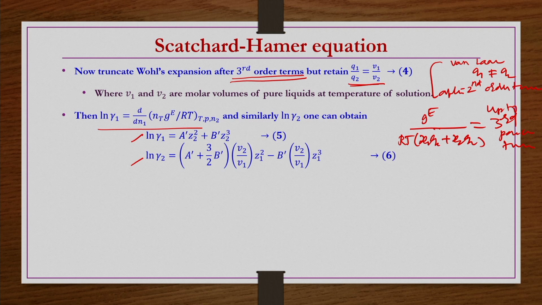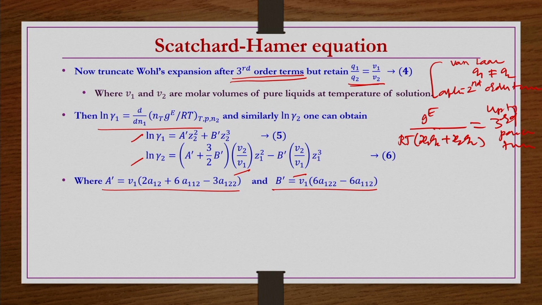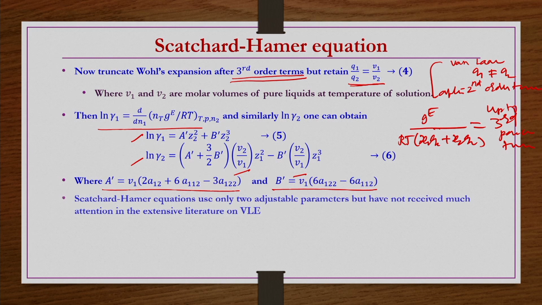Here we have A prime, B prime terms, and in addition to that we also have V1 by V2 or V2 by V1 terms, where A prime and B prime are given by these two equations, right. A prime equals V1 multiplied by 2 A12 plus 6 A112 minus 3 A122, and B prime is V1 multiplied by 6 A122 minus 6 A112, right. So, this is what we get,